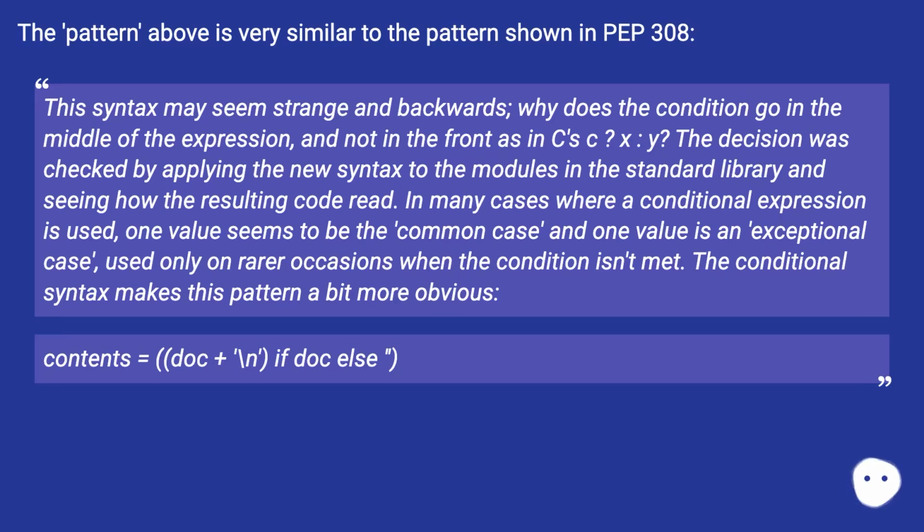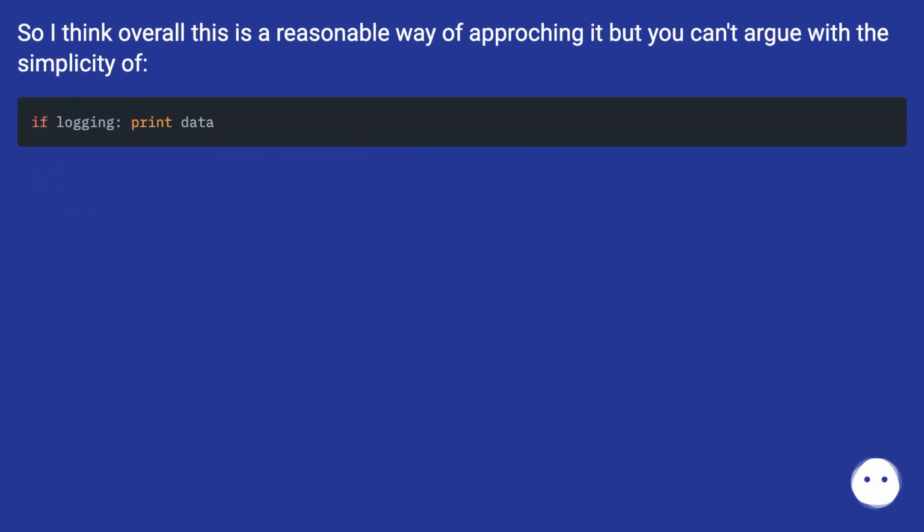In many cases where a conditional expression is used, one value seems to be the common case, and one value is an exceptional case, used only on rarer occasions when the condition isn't met. The conditional syntax makes this pattern a bit more obvious: contents equals doc plus newline if doc else. So I think overall this is a reasonable way of approaching it, but you can't argue with the simplicity of